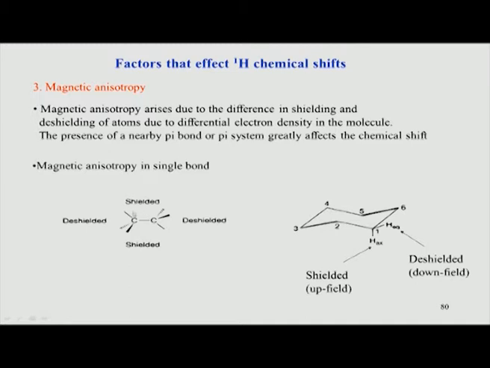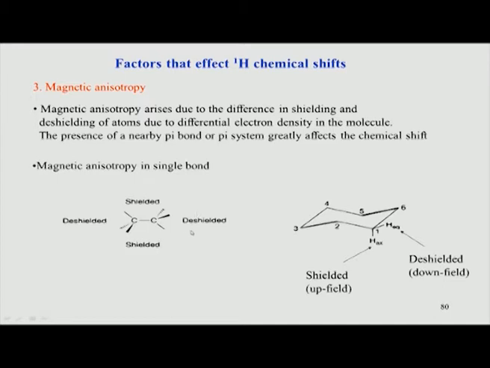So, whenever you have more electron density on the top of this bond and bottom of this bond, that region becomes shielded, because remember shielding is directly related to electron density. The more electron density you pack around a hydrogen, you get upfield shifted, means lower chemical shift value, and the more you remove that electron density from a hydrogen, the more de-shielded it is. So, essentially shielding and de-shielding are directly coming from the electron density in a molecule. So, therefore, the presence of a pi bond, so this is what is written here, the presence of a pi bond or a pi system generally affects the chemical shift. So, if you look at this particular system, this particular region is more shielded, I mean more electron density here compared to less and less.